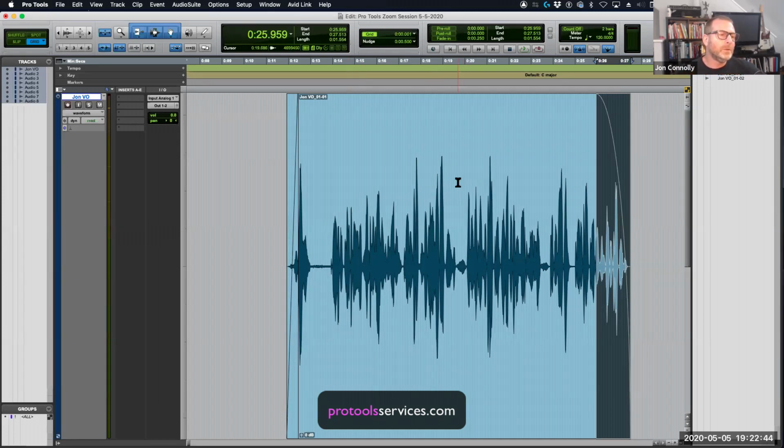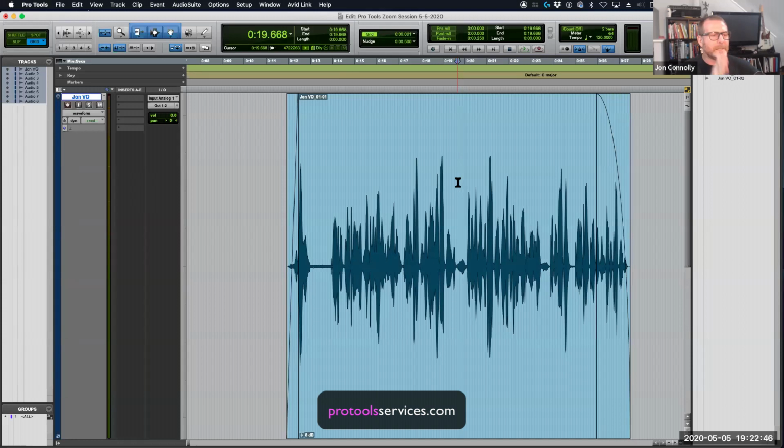I'm going to drop my cursor in the middle, and I'm going to make an edit right there. I'm going to cut it. That same A to Z shortcut button enables edit with B, the B key. B for edit. Don't ask me why. B for edit. E for explode or enlarge or expand. That's what I use to blow that clip up. B to make an edit where my cursor sits.